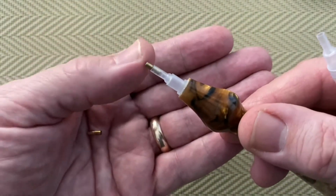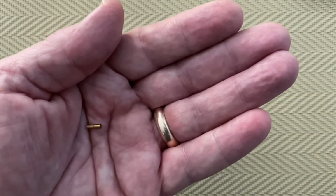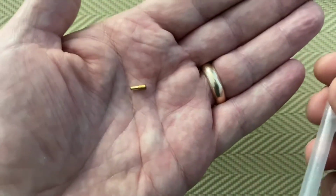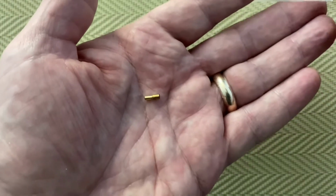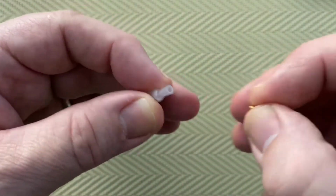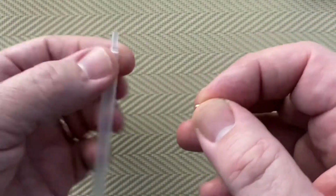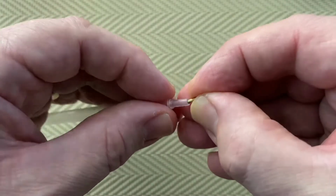I noticed that it was starting to cut into the drills, and I just swapped that, so that's a brand new tip. And then when I did it, I thought I should maybe do a little video just to let people see. So really, this could be any pen, like the actual body could be anything, but the tip is going to be exactly the same. So if you just imagine that I've pulled this out of a different one, this is my fancy pen, and I've got this. So all you do is push it in,